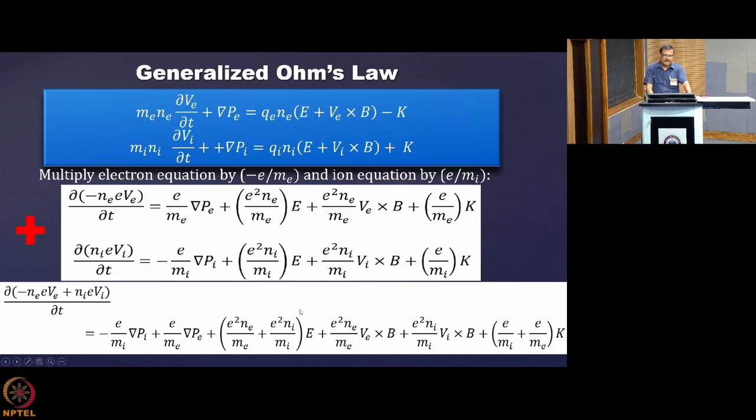And even if it is not fully ionized, whatever electrons are coming, they are coming from the ions only, and they are single ions, so their numbers should be equal. So these two terms are equivalent, and one is divided by Mi and one by Me. Whichever is divided by Mi, we neglect, and we keep only the one divided by Me, because Me is much less compared to Mi. So that way we did everywhere, and wherever e by Mi and e by Me are there, we can just neglect e by Mi and keep only e by Me, so that will be sufficient.